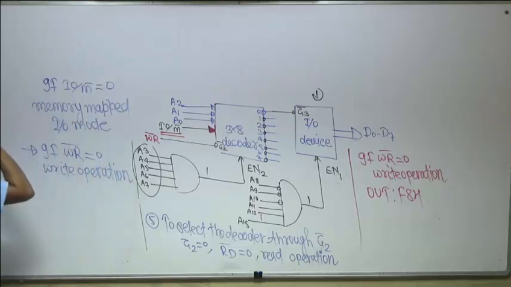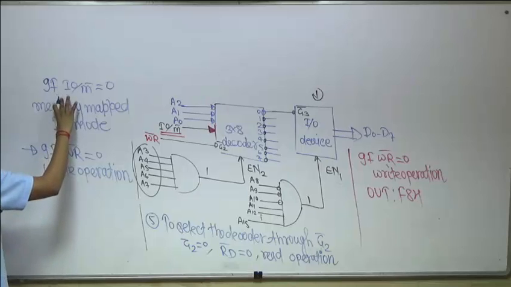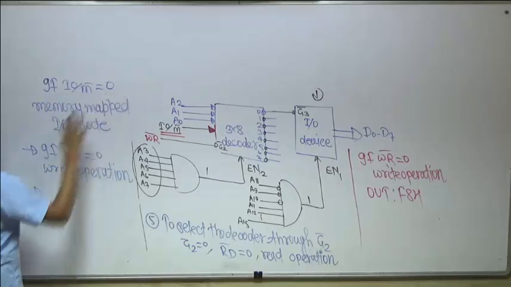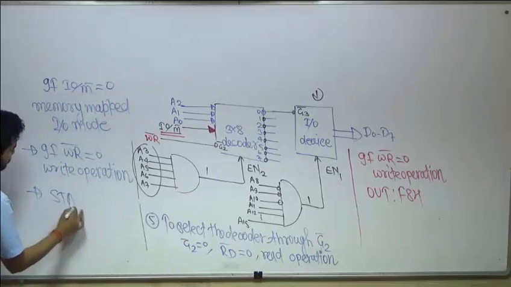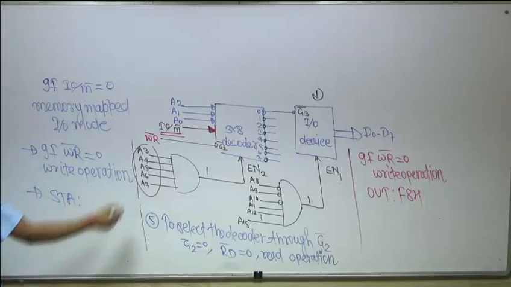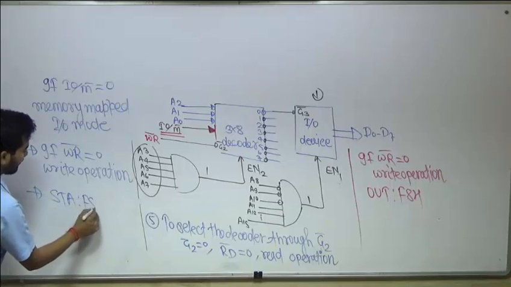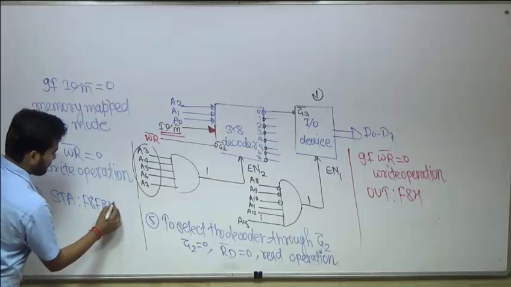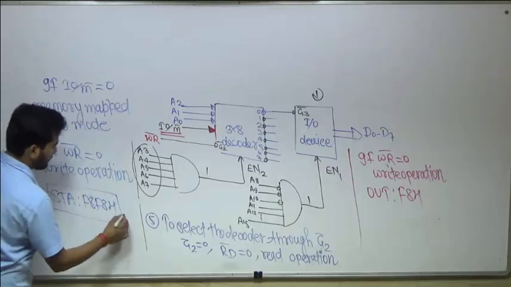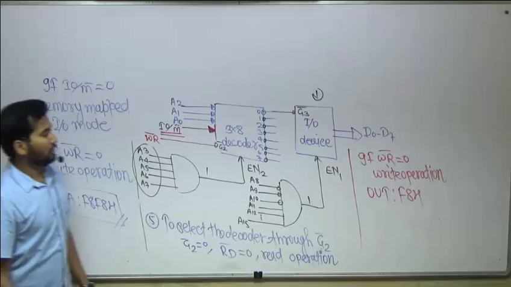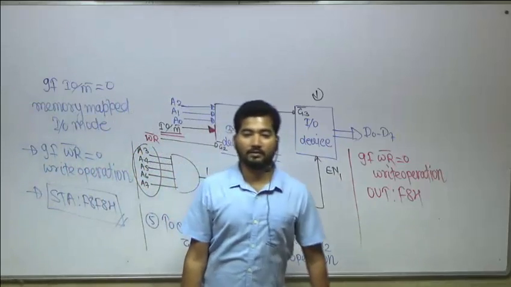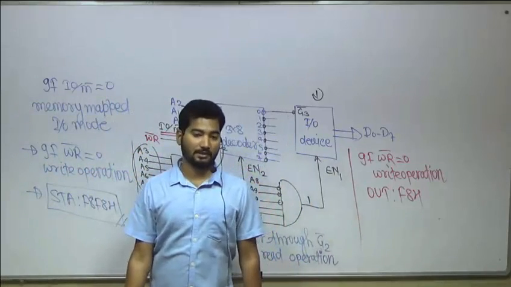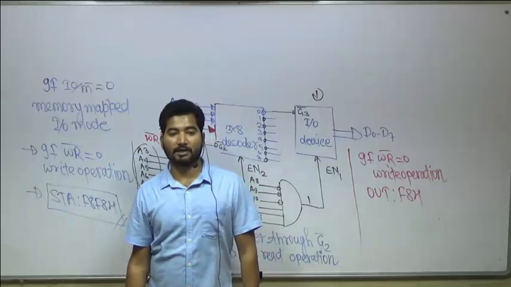And if the operation is write, what is the instruction for the data transfer? For write operation in memory mapped IO, you have the instruction store accumulator 16-bit address. The 16-bit address you have already written, it is F8F8H. So this is the correct data transfer. So this completes your input output devices interfacing, how to interface the input output devices with the microprocessor.